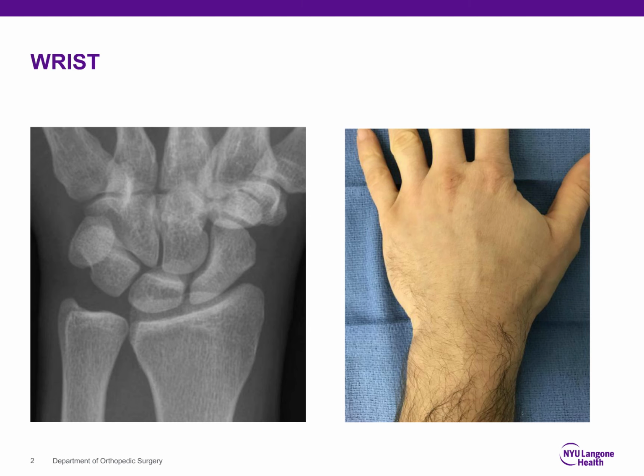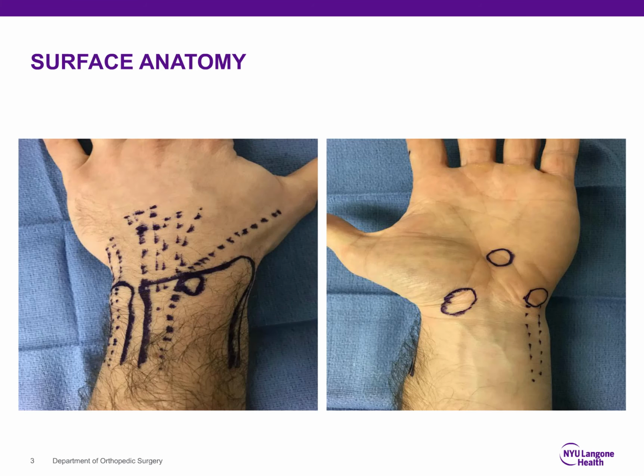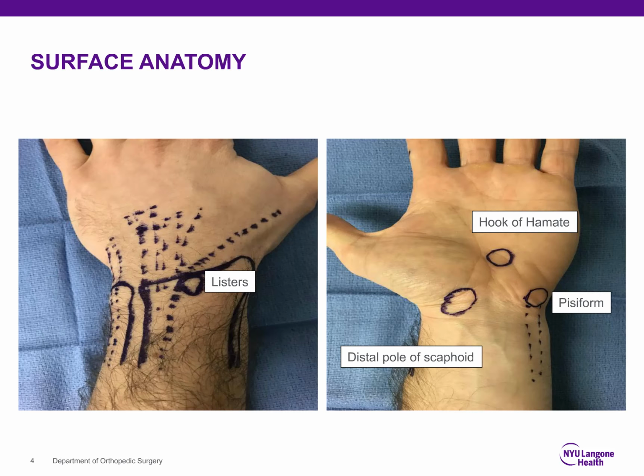But it's a very complex anatomy. And so when you look at the hand, you have to have an idea of what are the underlying structures, what are you looking at. And knowing the surface anatomy is very important. Some landmarks on the dorsum of the hand is Lister's tubercle. I find Lister's tubercle to be very, very important because it gives you an idea of where the tendons are, the various compartments, where the dorsal rim of